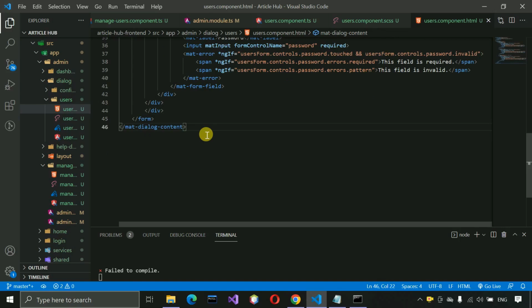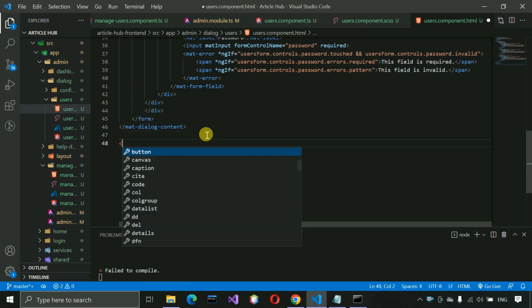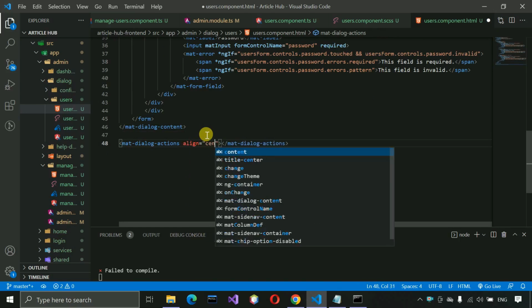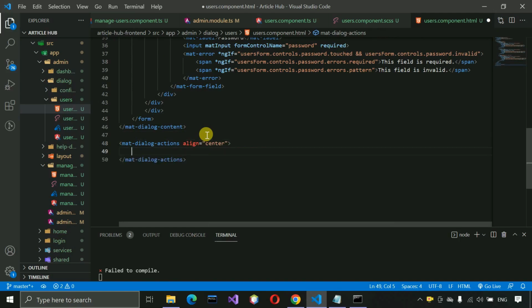Now we have to write the code for buttons like save or cancel buttons. So mat dialog actions, align center, mat dialog actions, and inside this one we need to create the button, and button should be mat raised button, this one. And again we need to pass the color, so here I'm going to pass the color. So theme services dot get theme,